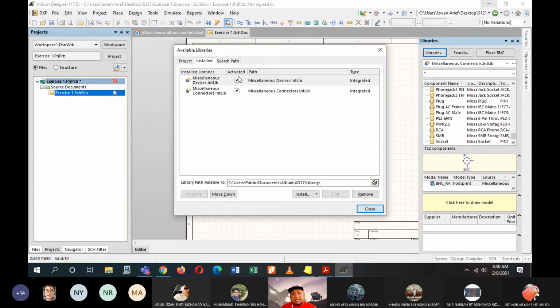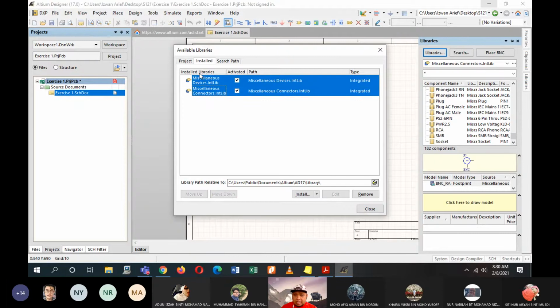So let's say if these two libraries are not available in this area here, it means that you don't have any libraries yet. So what you have to do is just locate where you installed the software.